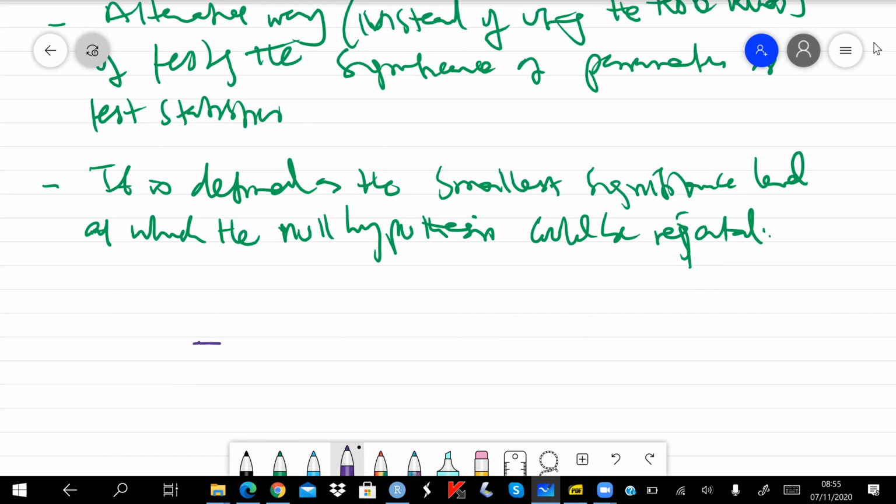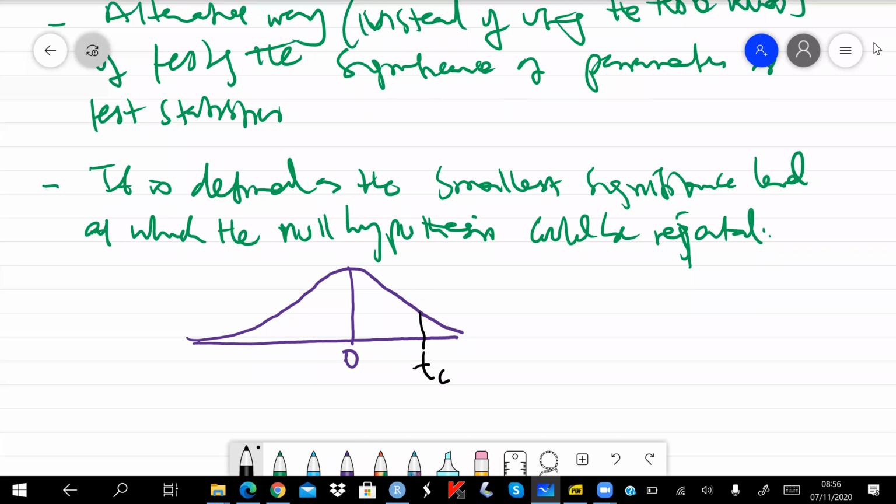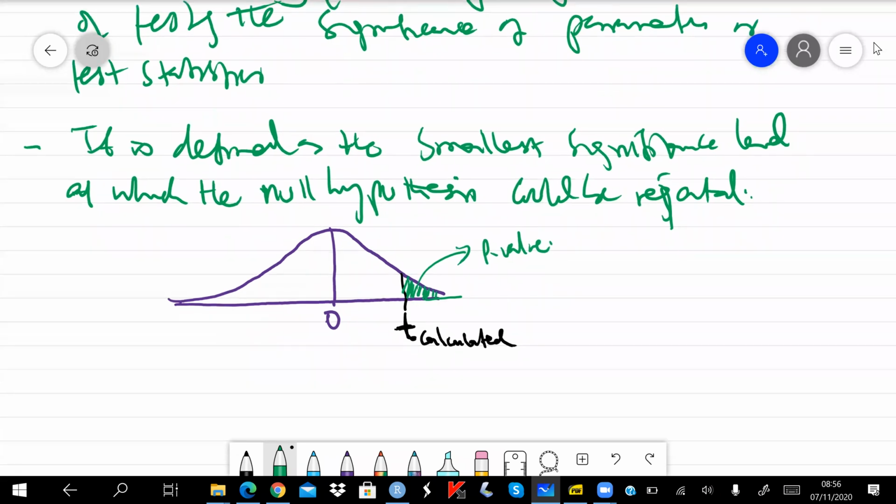So for instance, if you are doing an upper tail test under the normal distribution, this is your 0, and then this is your t calculated. If that is your t calculated, for instance, then the p-value is this probability. That is what you call the p-value. If you are doing a lower tail test,